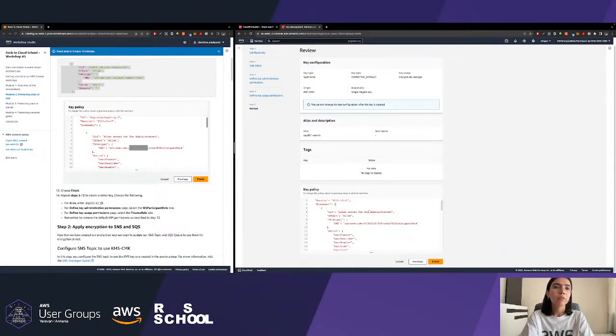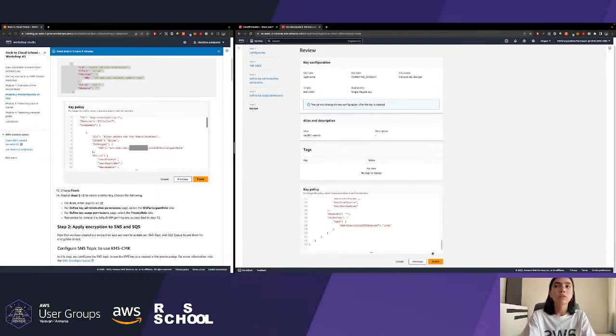Currently we have 3 statements left: allowing administrator access, allowing usage to the role that we chose, and allowing attachment of persistent resources, again to the role that we chose. It's about grants, linking, listing, creating, and revoking them.